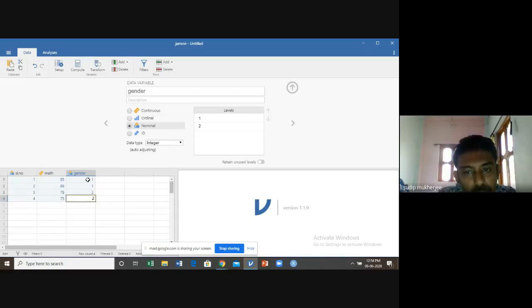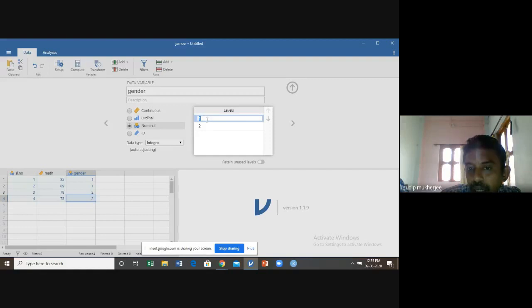In real life data, always the data comes in terms of male or female. So you have to quantify first, male as 1 and female as 2. So when we write 1, just click here. You just click on level.